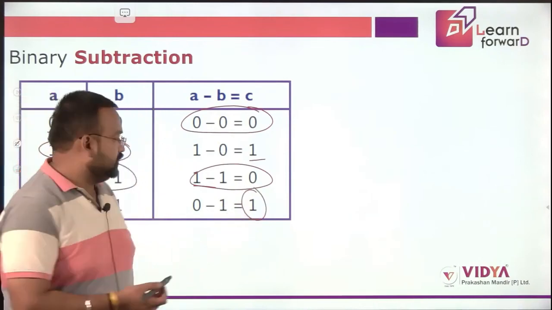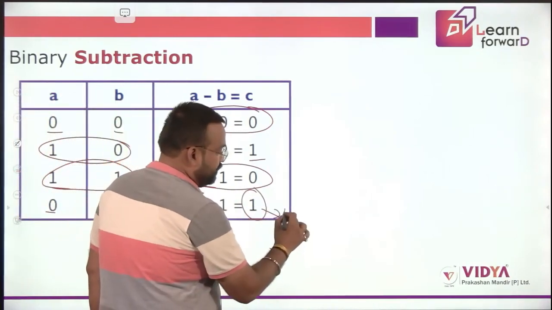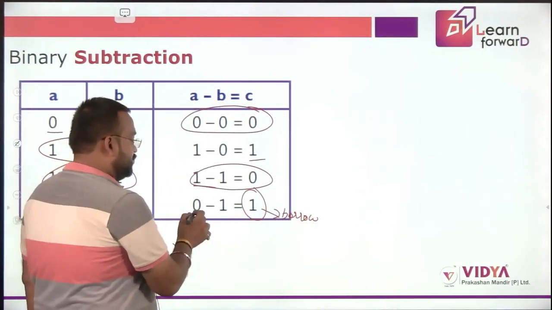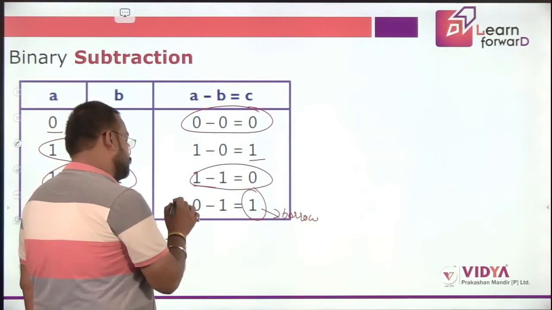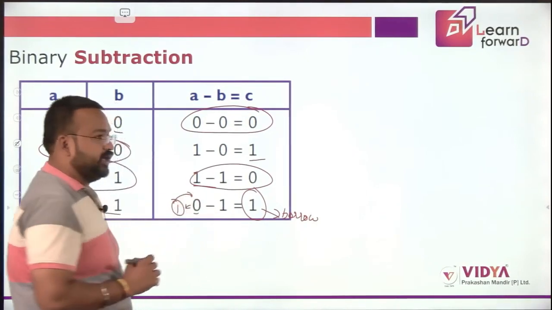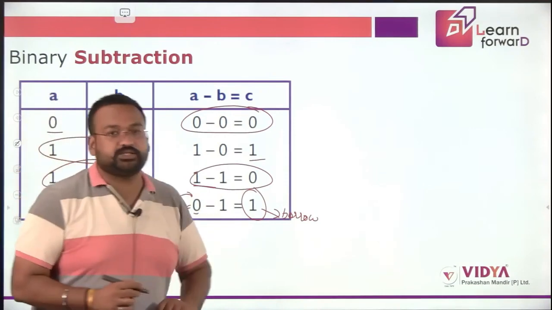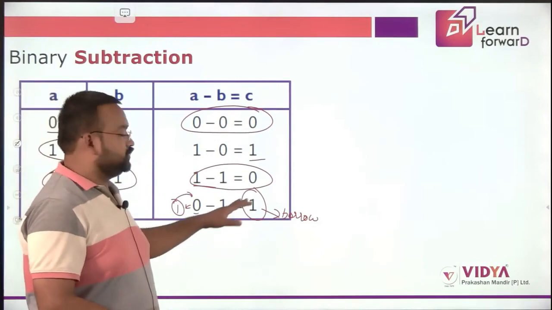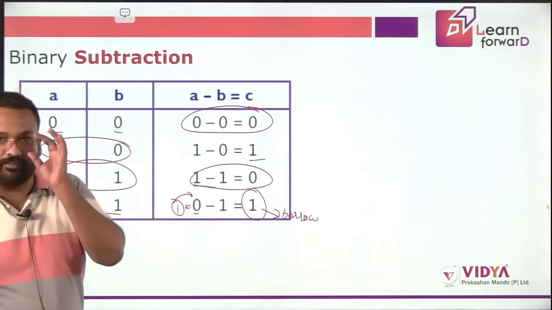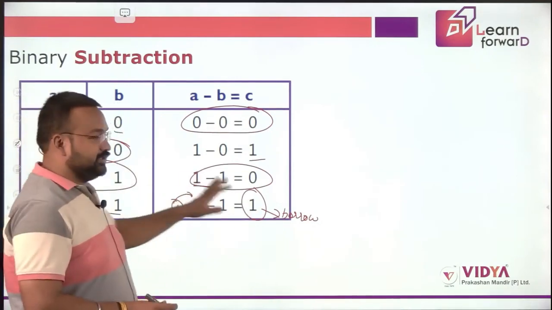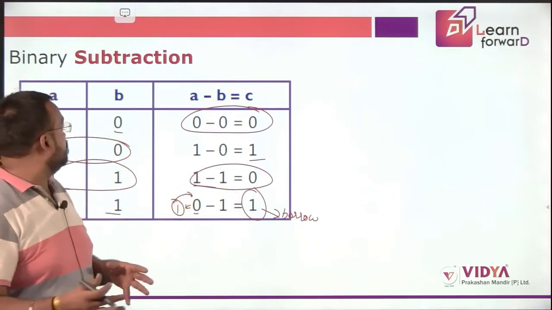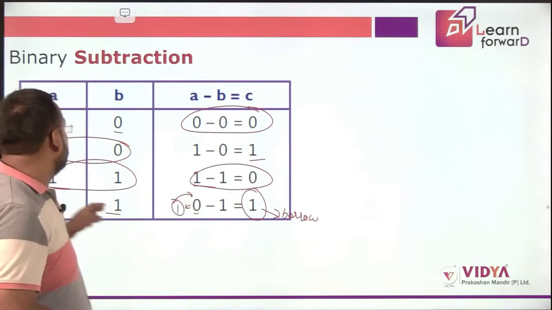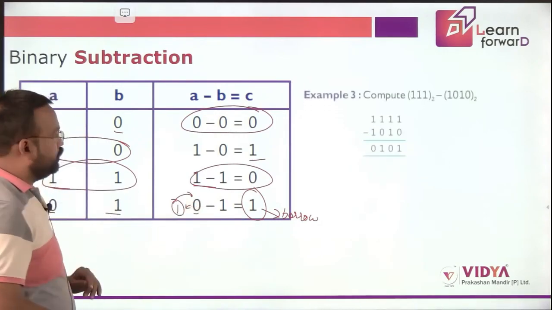The reason is this 1 would be your borrow. We are considering that before that there is one more number and we are taking a borrow over here, making it 10 and then we are minus 1. That is possible. So from 10 when we minus 1, that would become 1 in binary system. Clear? So this is how the subtraction, or you can say the difference, takes place in binary arithmetic. Let's see some example for more clarity.